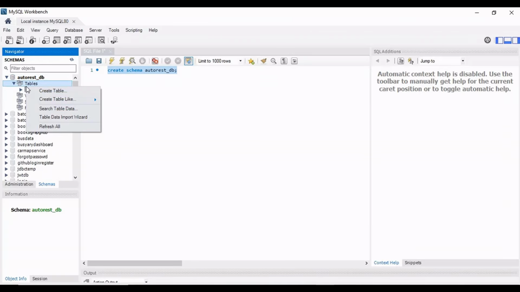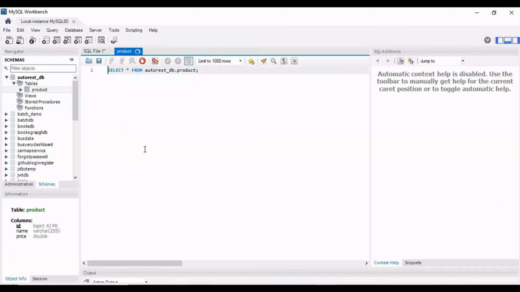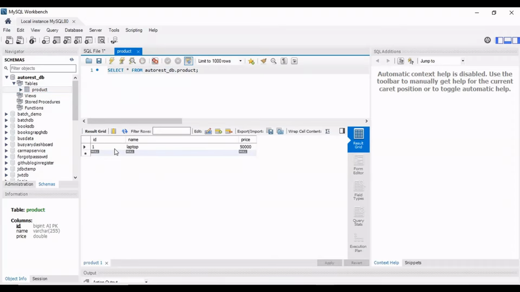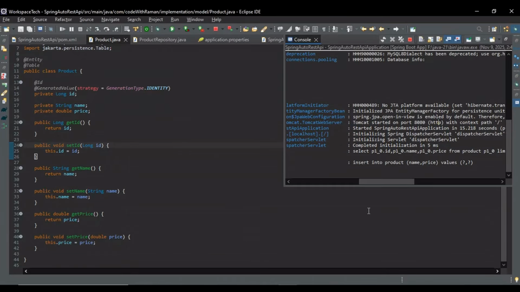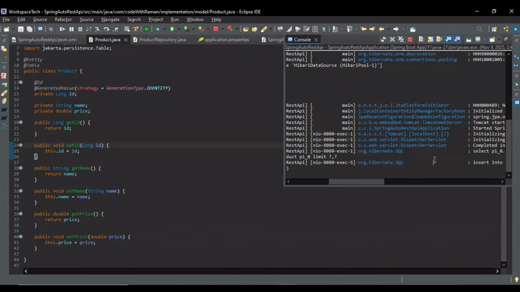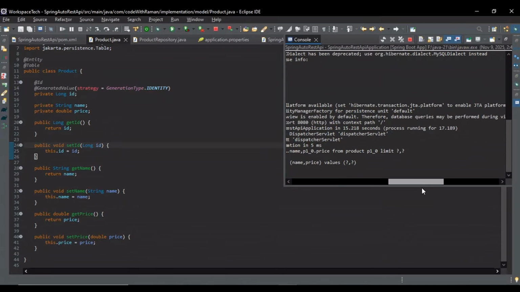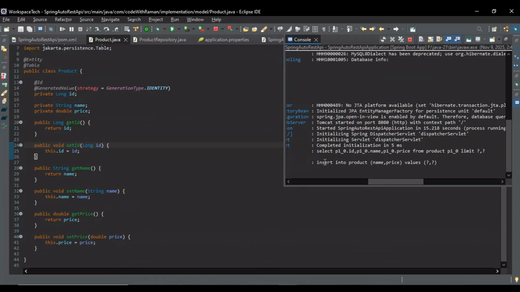So let's fetch the data of the table. So you can see that there is one row added, ID 1, name as laptop, and price as 50,000. Now let's go to the console as well. So you can see insert into product, this query is being called when we have basically inserted some